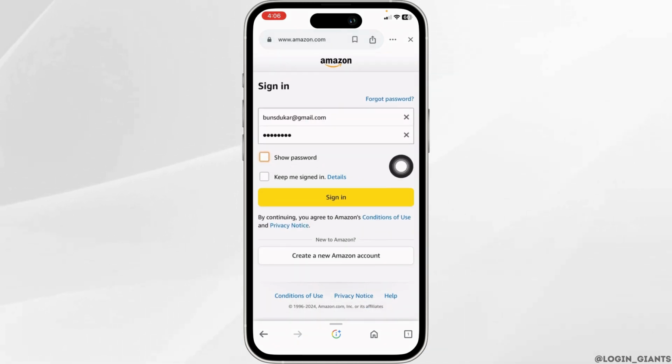In the case you have forgotten your password, you can click on this option to recover it. If you want to keep yourself signed in, check in for this option, Keep Me Signed In. Once you fill this, click on the option of Sign In, and with that, you will be logged into your